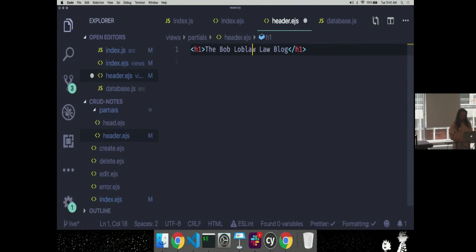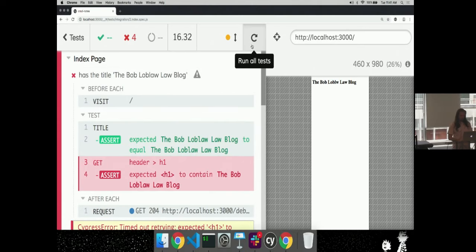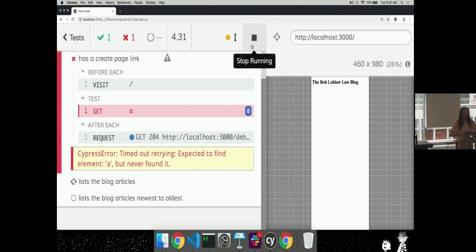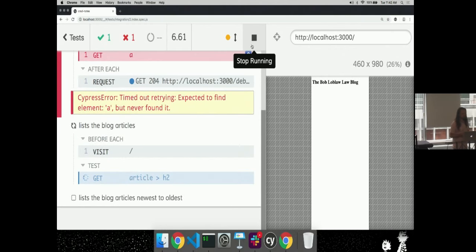I'm not going to keep doing that for everyone. I'm just kind of showing you how this tool works. Put it back. Okay, test passes. My requirement is met. I don't even have to think twice about it, right? Okay.